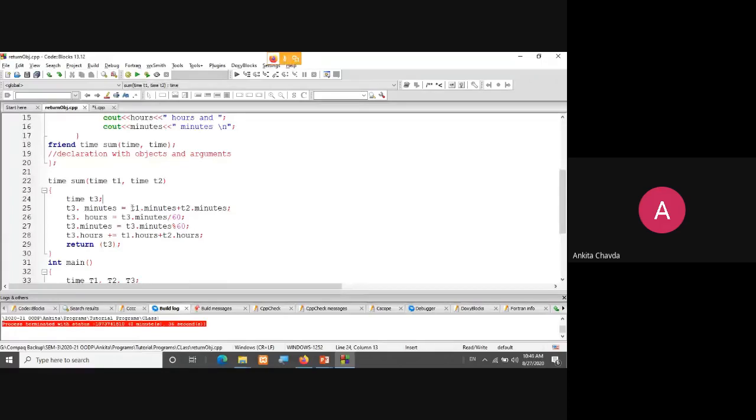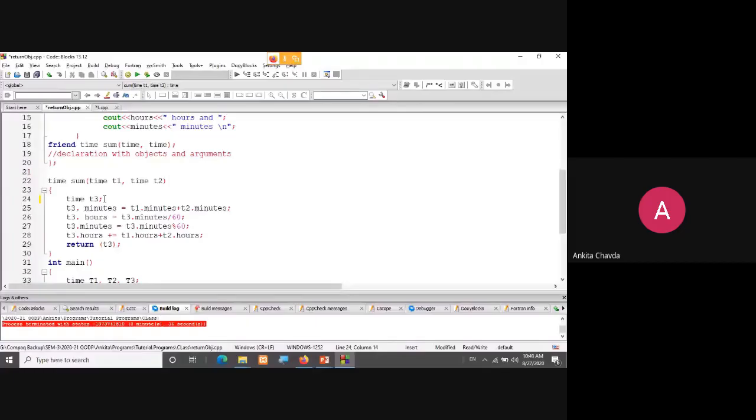First I'm doing the addition of minutes from t1 dot minutes and t2 dot minutes, right? And that will be ultimately stored in t3 dot minutes. So t3 is nothing but the object. It could be having the access of two variables, hours and minutes, right? Okay, so in t3 dot minutes, I'm having t1 plus t2 minutes.